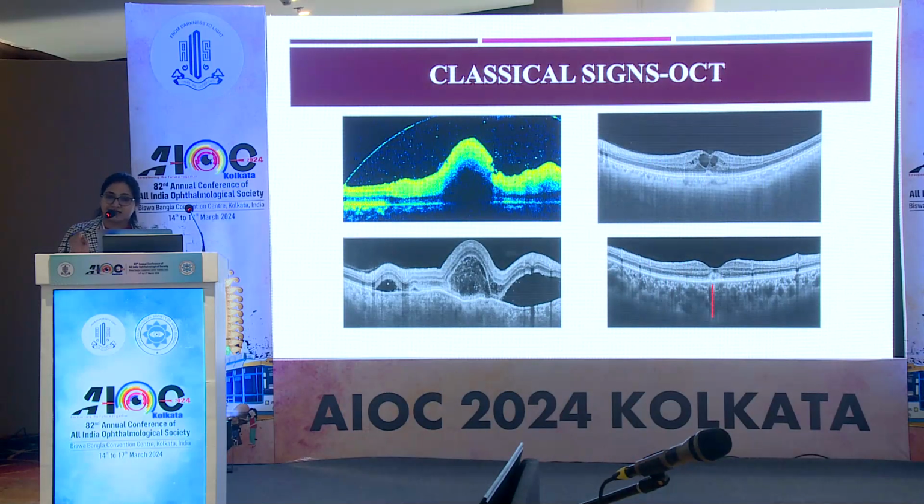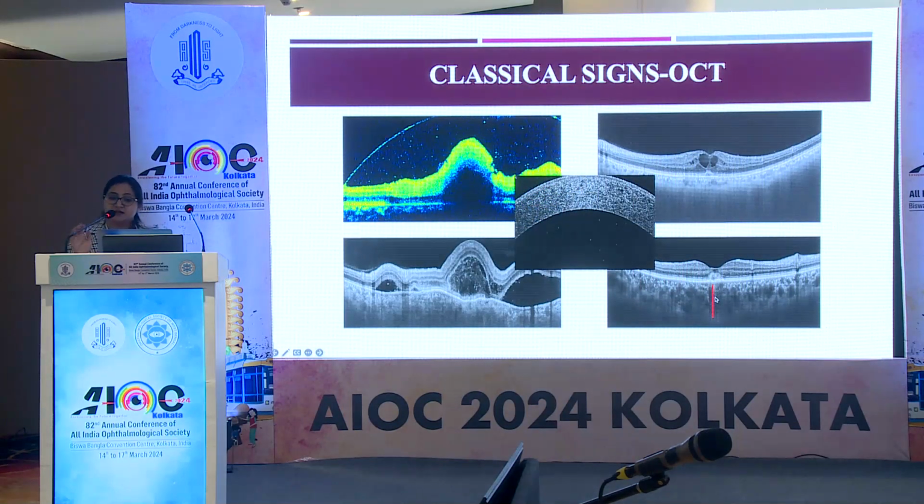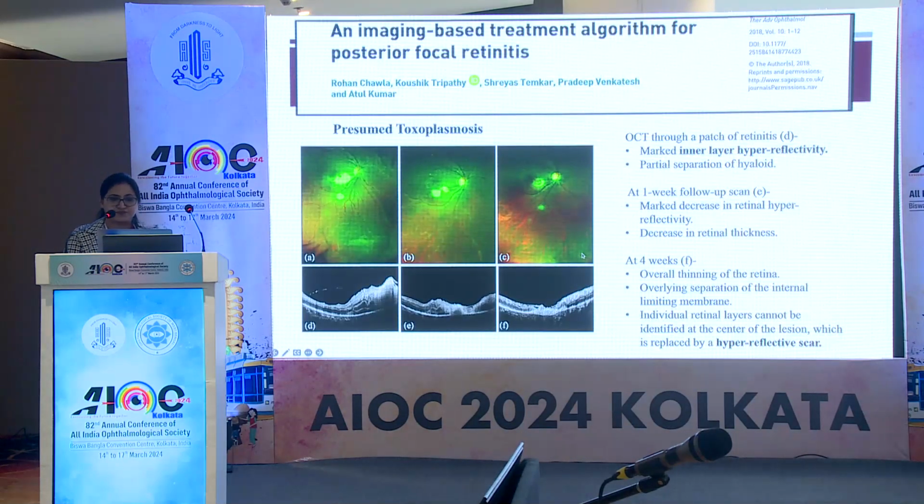So what are the classical signs which we note in uveitis while performing an OCT? The classical signs are the retrolental cells, the cystoid macular edema, the RPE undulations, the neurosensory detachment, some subretinal fibrin-like depositions, as well as increased choroidal thickness. More than that, while performing ASOCT, we can also look for the AC cells in cases of anterior uveitis and panuveitis. So I'll just go through a very extensive study done by Rohan Chawla et al. Here they had seen the OCT characterization of posterior retinitis.